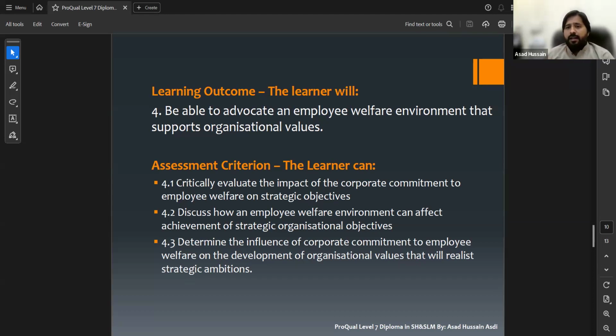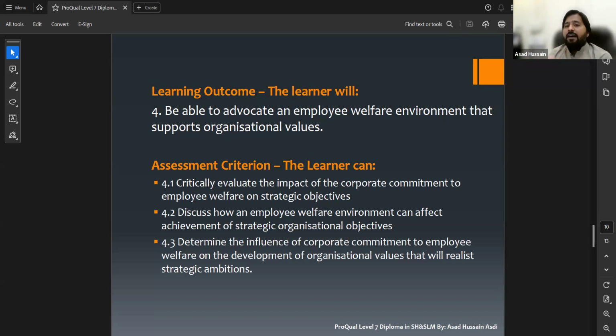Basically, in 4.2 we are discussing the impact, the effect of employee welfare environment. But here in 4.3, it is all about how a corporate commitment towards employee welfare can develop organizational values with regard to strategic ambition.